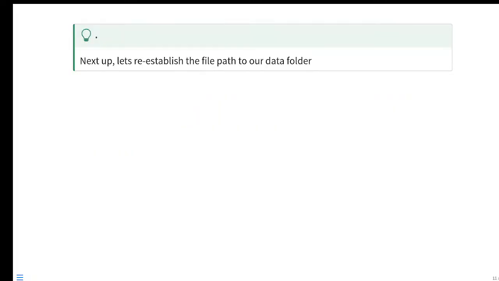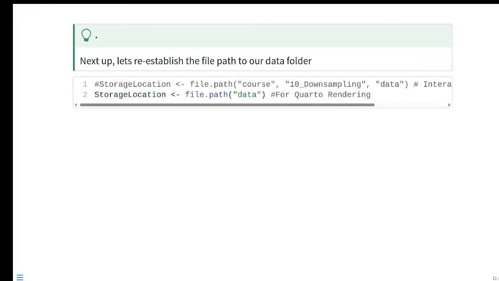Next up, we would then need to reestablish the file path to our current data folder, which is what we've been doing throughout the course. If you keep the organization scheme that we've been following, it would just be a data folder directly below your working directory. We're assigning that to this object variable storage location so that we're able to use it again in the future. And then at that point, we just proceed to load in our saved gating set from downsample via